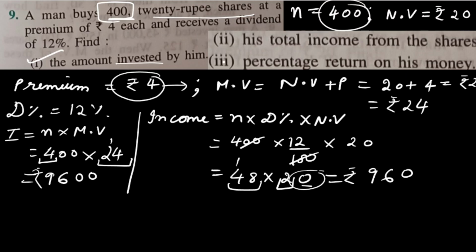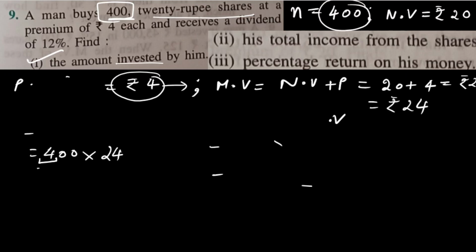Then the last part, we have to find the percentage return on his money. Percentage return on his money we have to find. So that means the fourth formula. I gave you a total of 4 formulas before starting this chapter. So the fourth formula which I gave you, I'll write now. Before that, make sure you are taking a screenshot of this one or you are making notes of this. I'm going to clear this one.